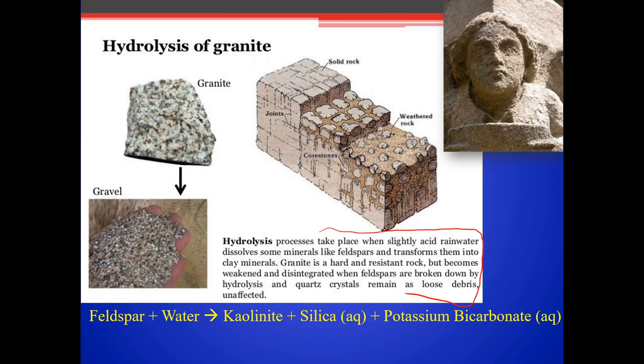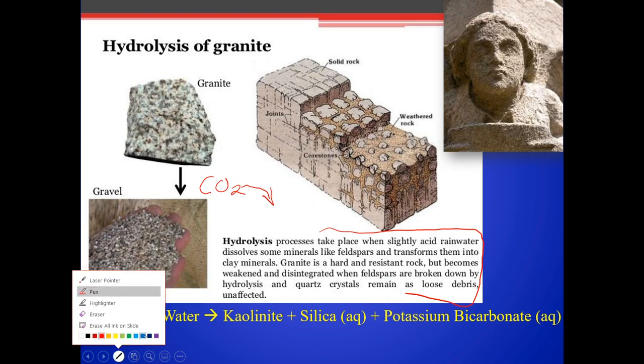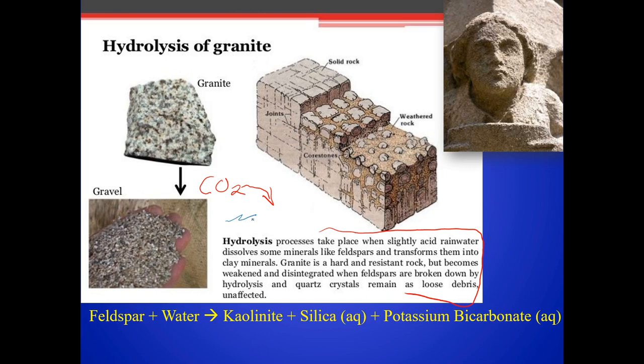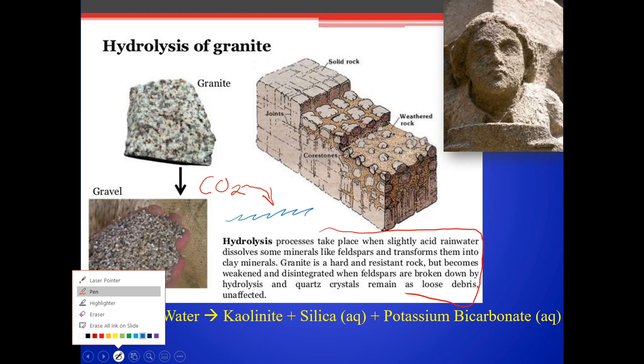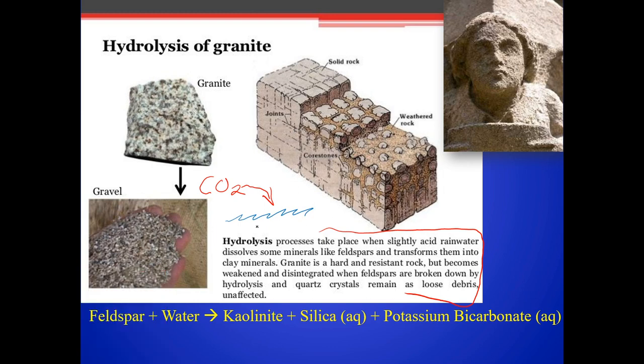So basically what I said before is that CO2 in the atmosphere dissolves into, let me get some blue color here, and here's my water. Maybe it's rainwater even, but it dissolves into the water and it becomes carbonic acid. Okay, so what you're going to see is feldspar. Let me get a yellow so you can see this better. So feldspar